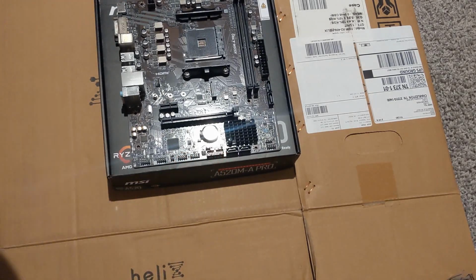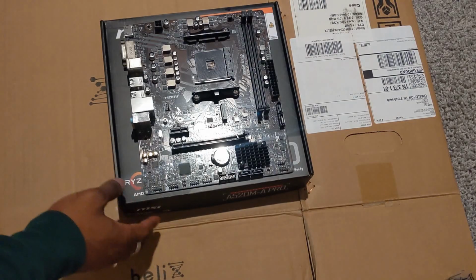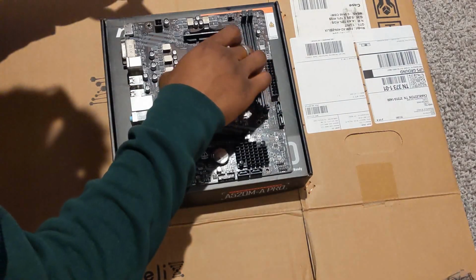Super cheap motherboard right here. Super cheap. Ryzen 5 3600 here. So, let's see. Try